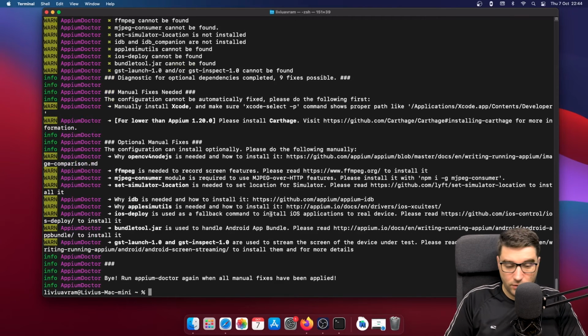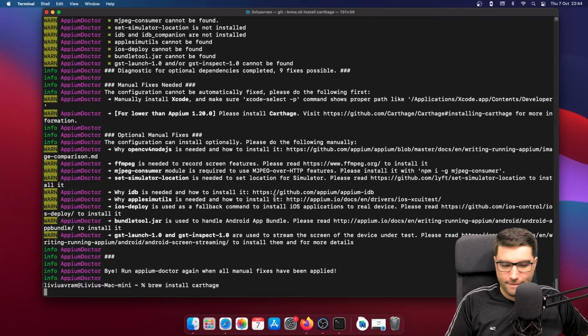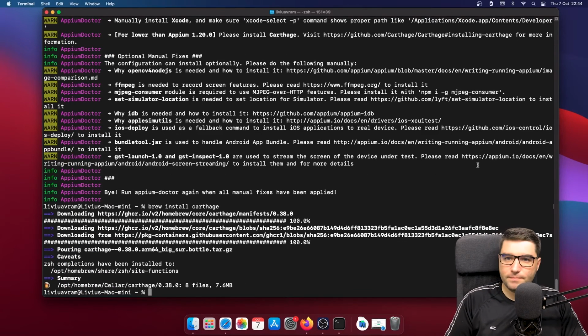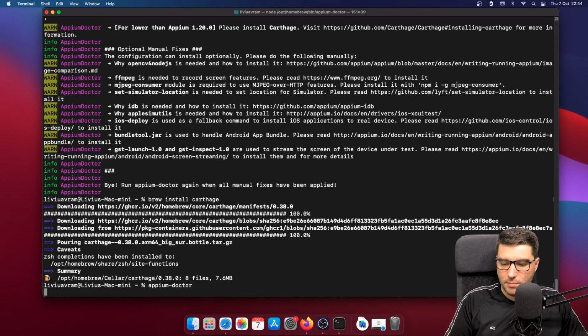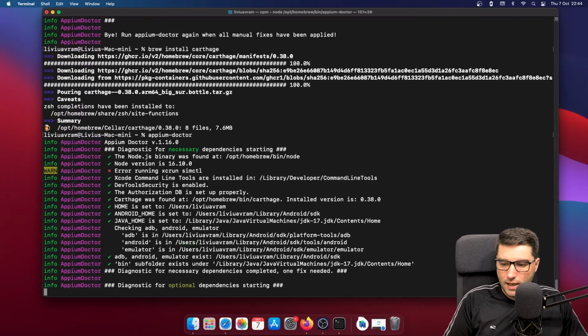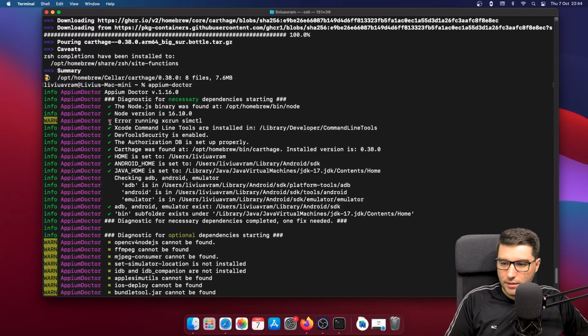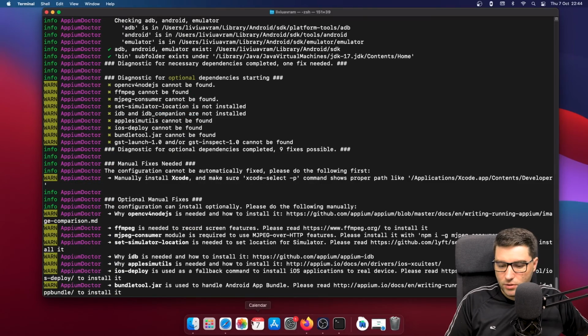Carthage can be installed also with brew, so it's brew install carthage. Okay, this is installed. Let's run appium-doctor again. And it is only complaining about simctl.